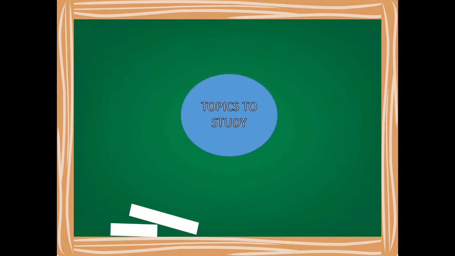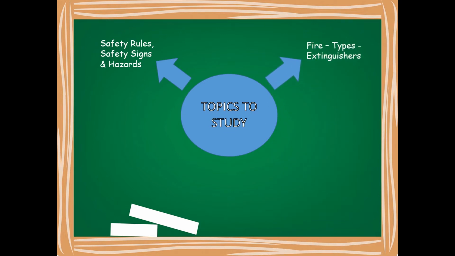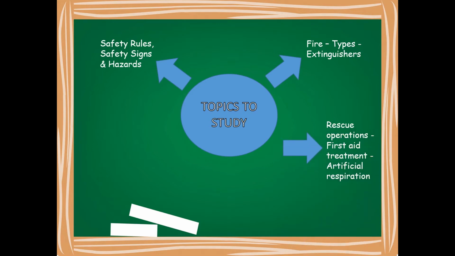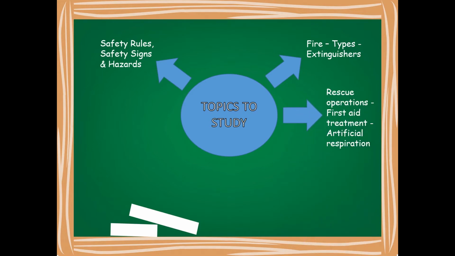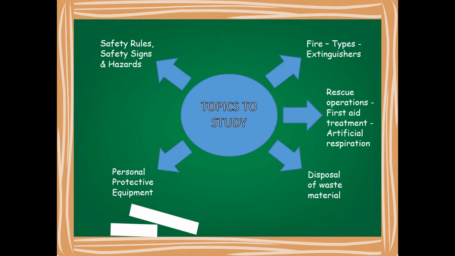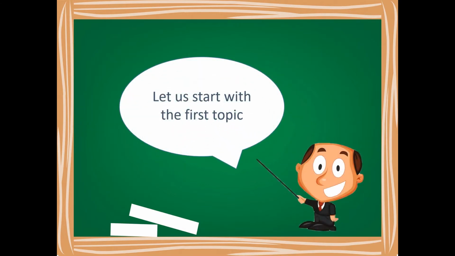In this topic, we will study safety rules, safety signs, and hazards, fire and types of fire extinguishers, rescue operations, first aid treatment, and artificial respiration, disposal of waste material, personal protective equipment, and guidelines for cleanliness of workshop and maintenance. Let us start with the first topic: